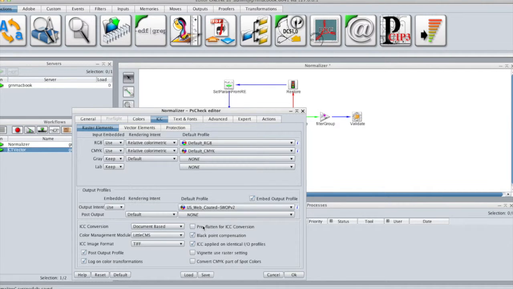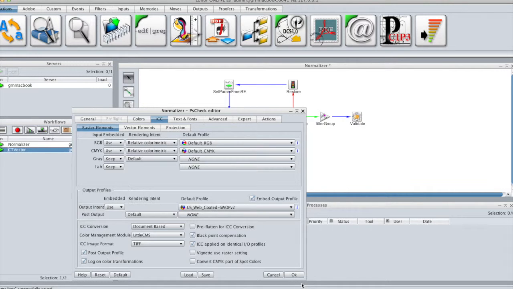This option. Since many RIPs are now PDF 1.4 compliant, we tend to keep the PDF transparency through the workflow and let the RIP handle them at the end. For this purpose, we will turn the option pre-flatten for ICC conversion off.